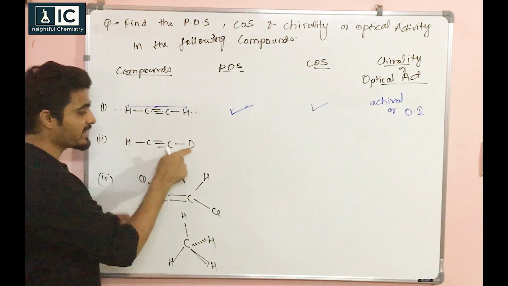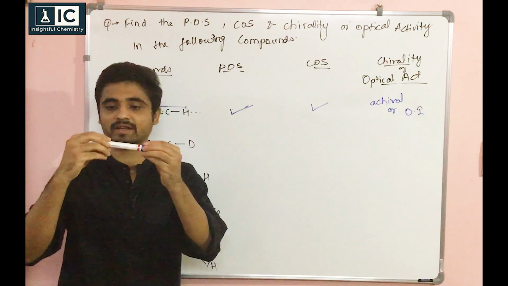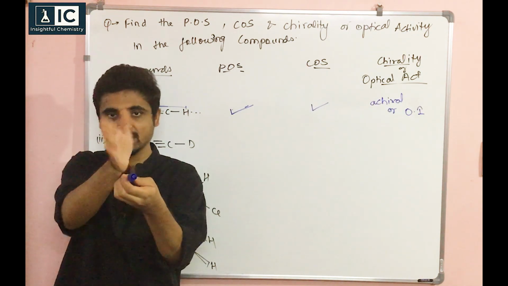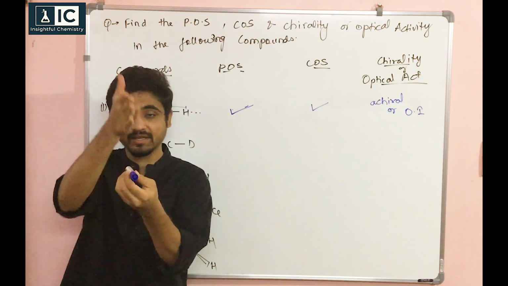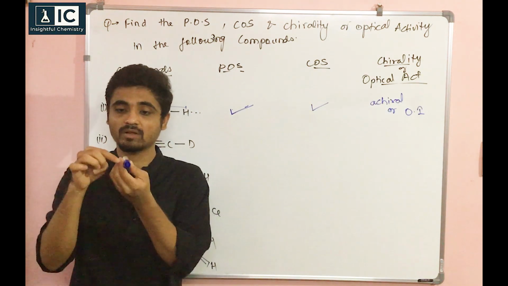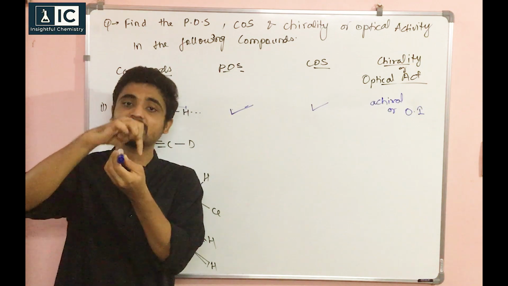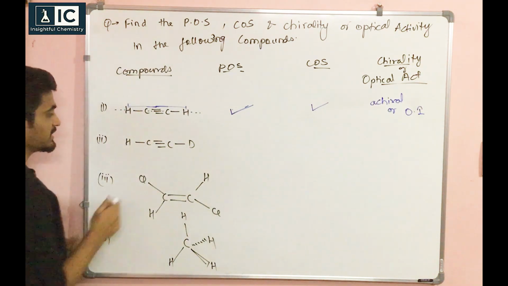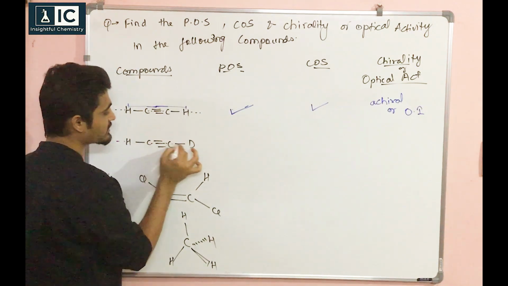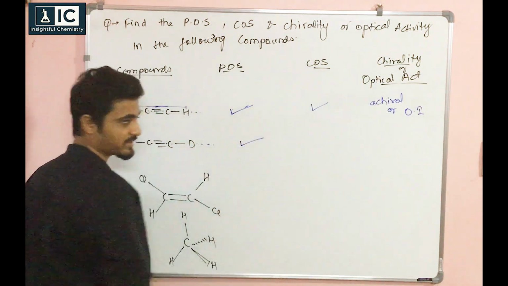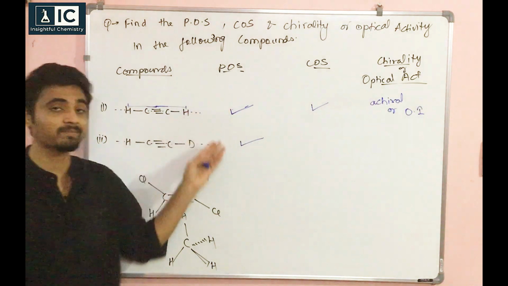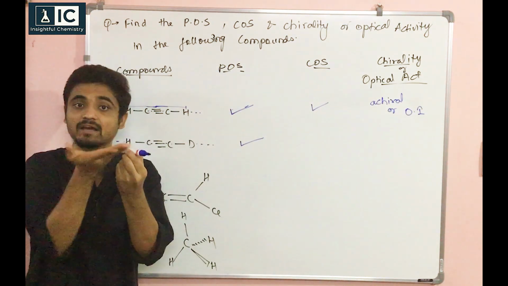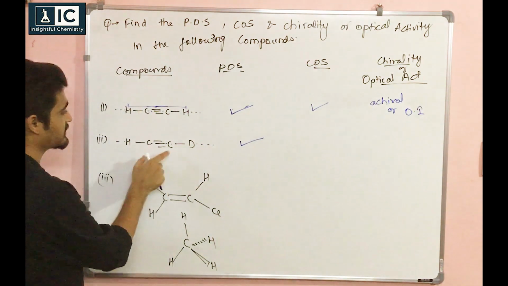Okay, how about the second one? So see, the second one is again linear. Okay, so here is H, here is D, carbon carbon. I can take it, slice it. Okay, so half this side, and it will behave like a mirror also. Whatever is on right side will have its mirror image on the left side as well. Okay, you can just imagine. So if I cut like this, I have a POS. Okay, and if I ask how many planes of symmetry, so infinite. Because it is linear, I can cut it at every angle. Clear? Fine. So here it is POS.